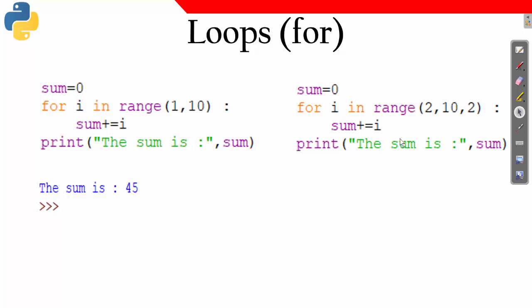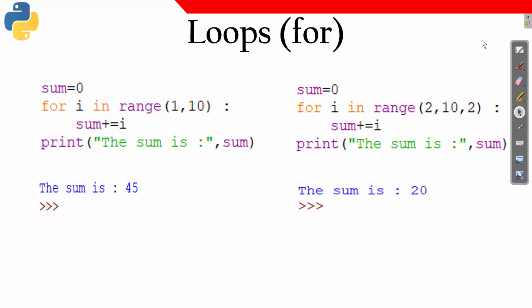I am expecting an output from this particular program. What will be the output of this program? The output is nothing but 20.